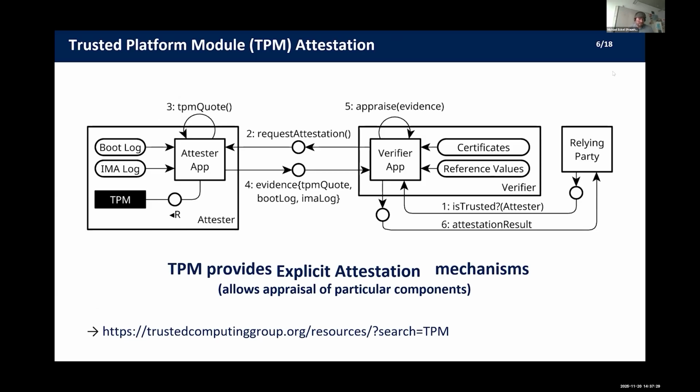This was just an example so that you can see how such a log looks like. This is basically the same graphic as before, enriched by some more details on the left in the attester. TPM attestation, sure, you have a TPM, you have the boot log, you have the IMA log, and